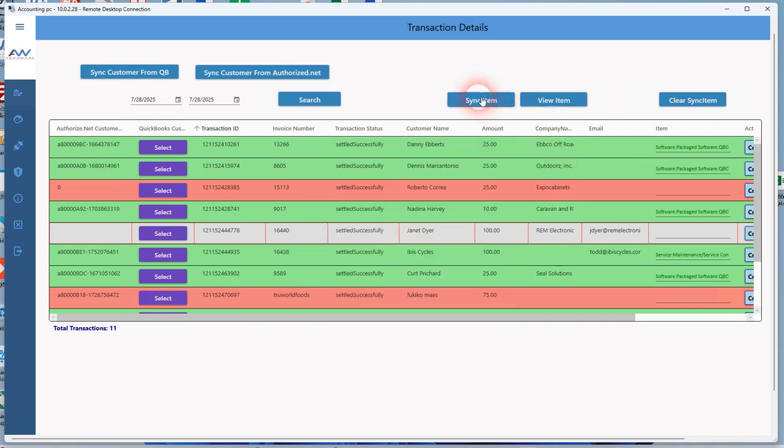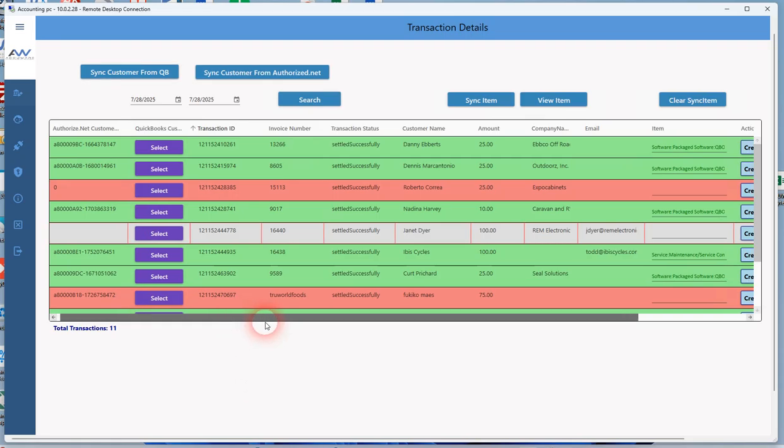You can synchronize your items from QuickBooks. You can also synchronize your customers from QuickBooks into our system, so that we also do a much better